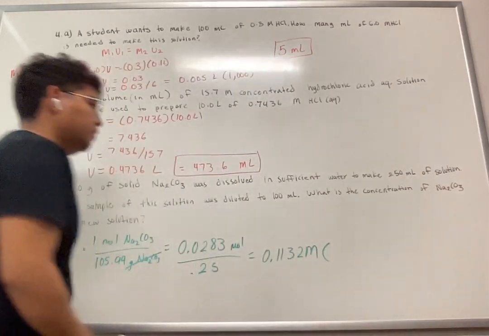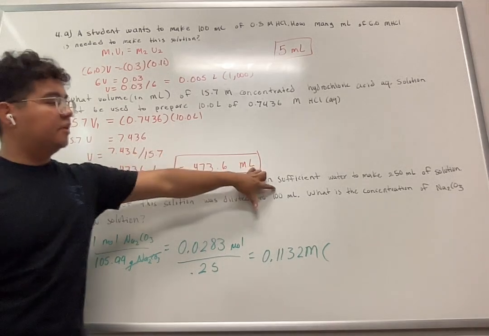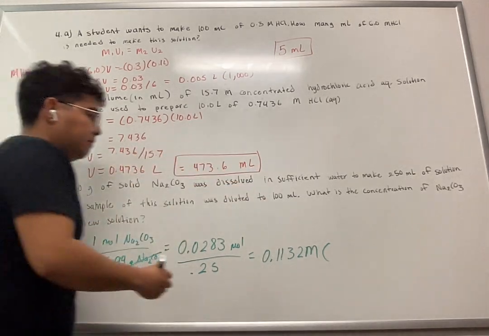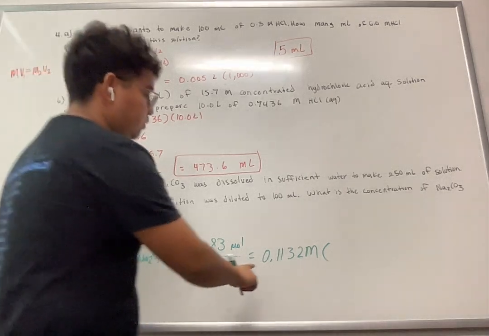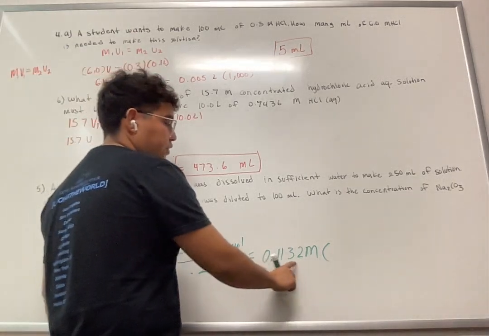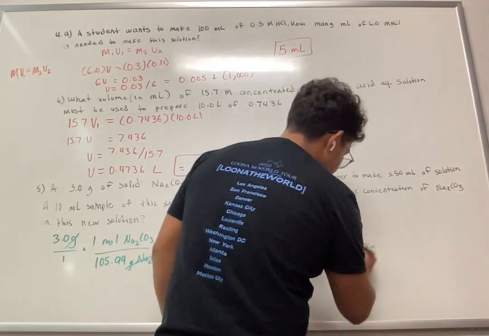Now, it says a 10 milliliter sample of the solution was diluted to 100 milliliters. Initial volume, final volume. So 10 milliliters. Gotta bring that to liters: 10 divided by 1,000, 0.01. So 0.1132 times 0.01 is equal to